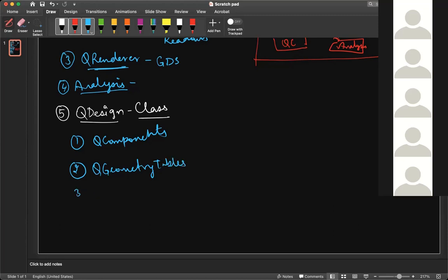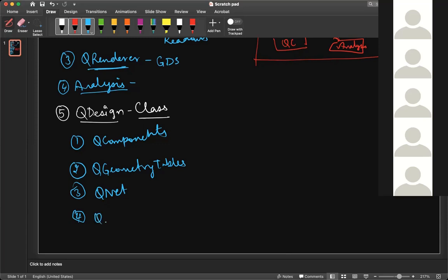The third one is we need something to connect all these components with each other. There is QNet for that, connecting all these things. The last one is that you can include the Q renderer inside the Q design. You can specify initially what type of rendering you want for the design.